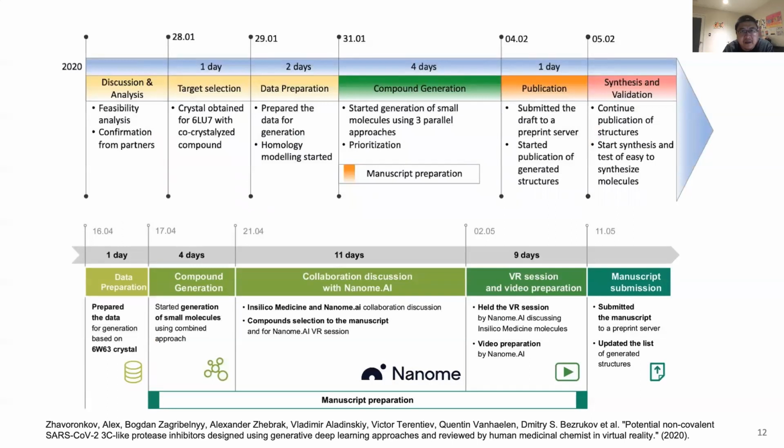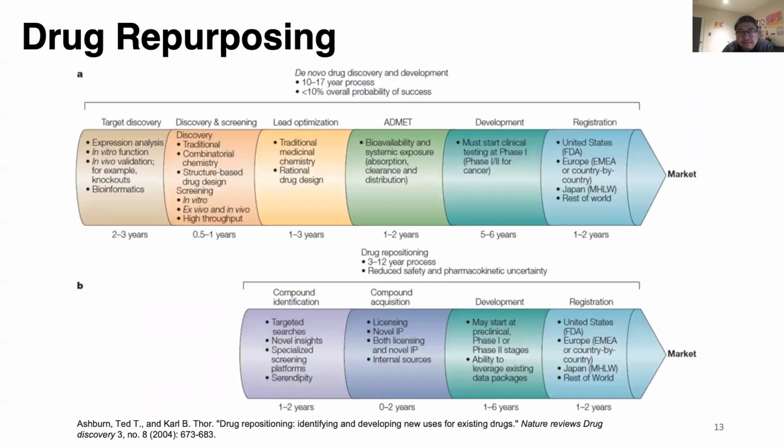And during the design process, they also leveraged virtual reality technology from the Nano company to help with the design process. And that's about what we usually call de novo or in silico molecule design and discovery, which takes a lot